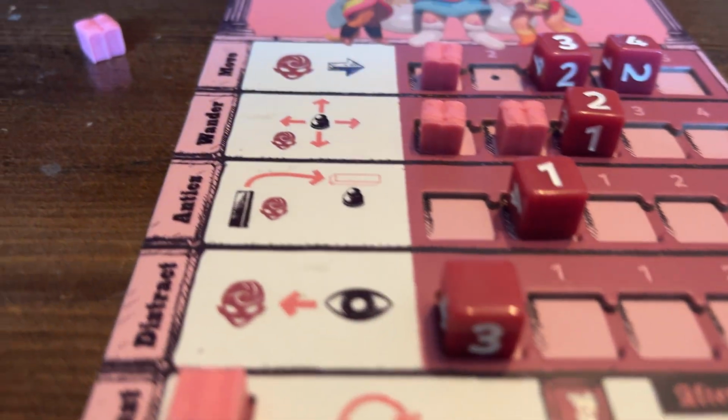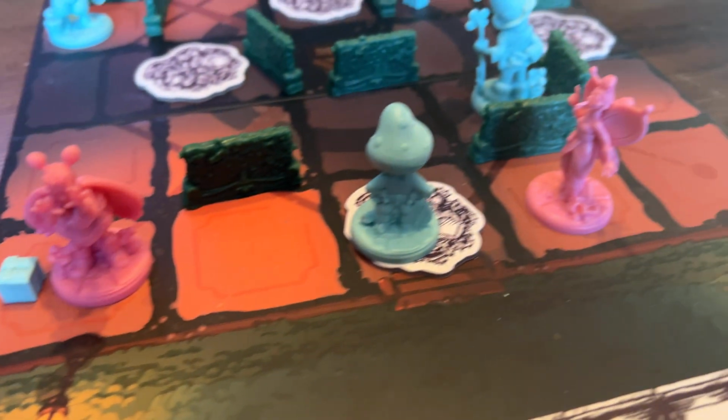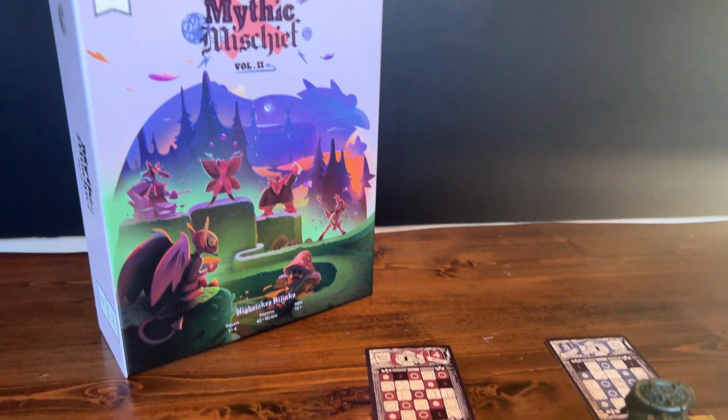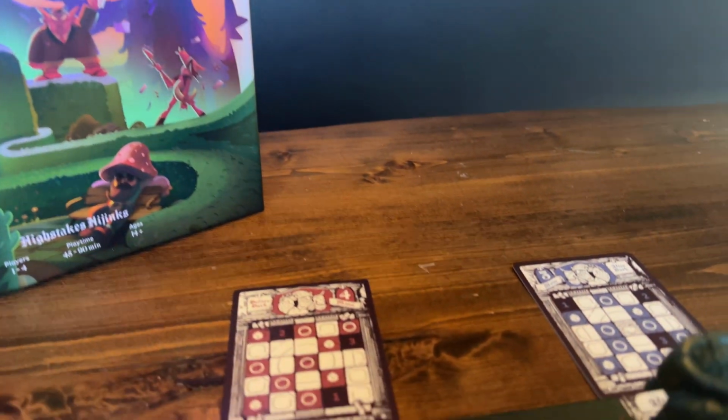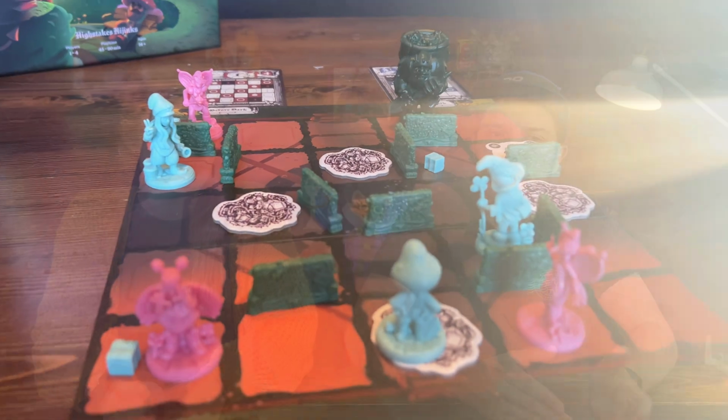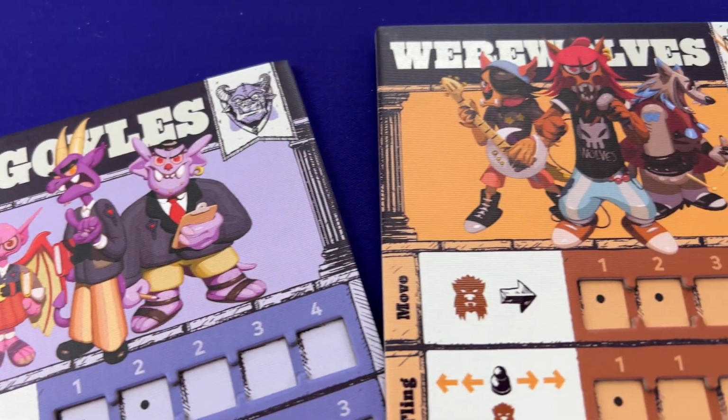Mythic Mischief is a chess-like game where 2 to 4 players are basically trying to control the board and cause hijinks in so far that their opponents get caught by, in Volume 2, the groundskeeper. So you're going to be doing this by basically taking a bunch of different actions. You have action dice that can be increased or decreased depending on how you use them, and they basically allow you to do a bunch of different actions. Move, distract, move hedges in Volume 2, secret powers and that sort of thing,